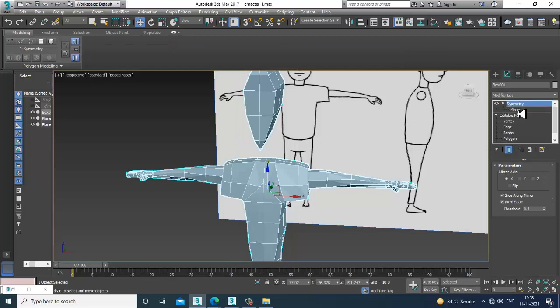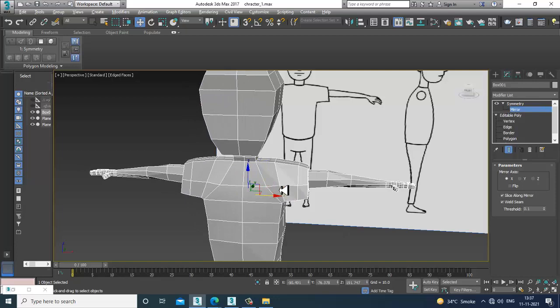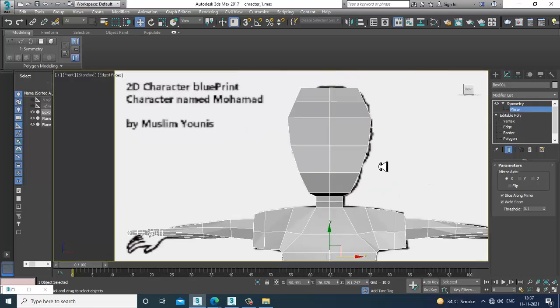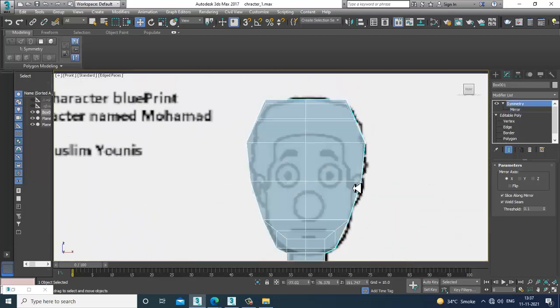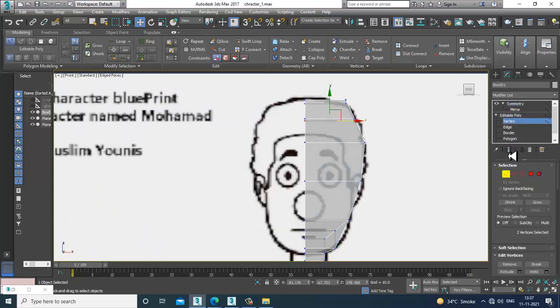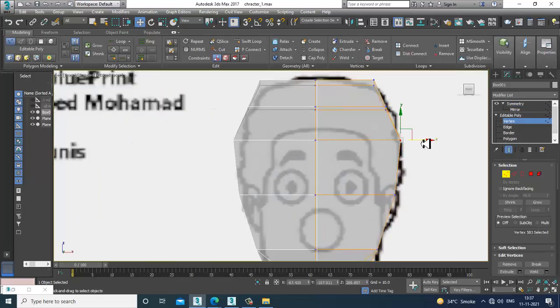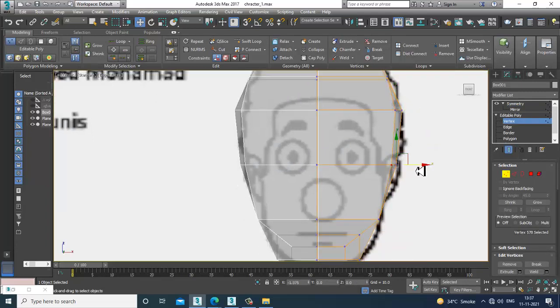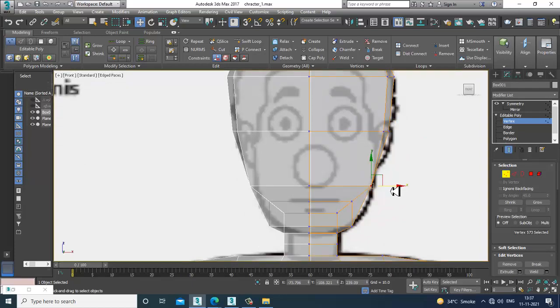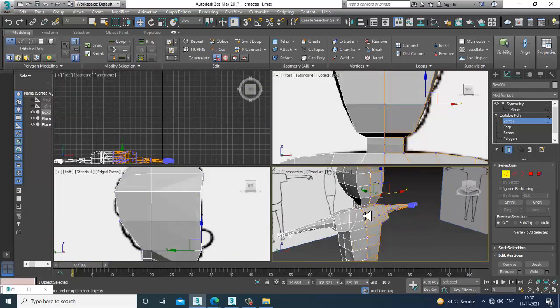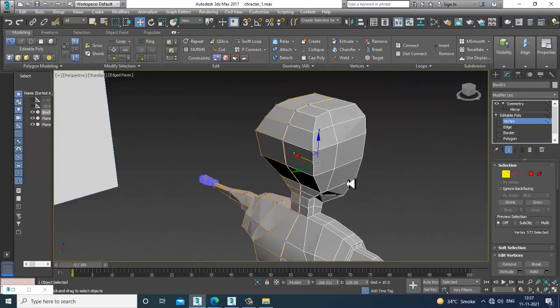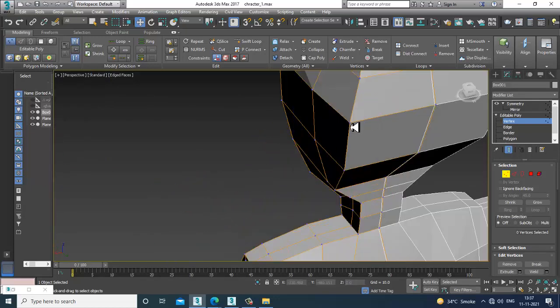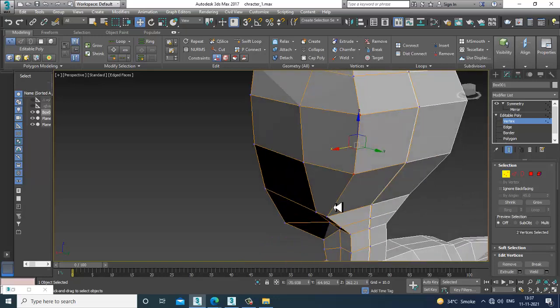So I'll go into symmetry. Go into the vertices again and we can slightly adjust it. Definitely we'll be doing the detailing part. Shuffle it a bit inside over here.